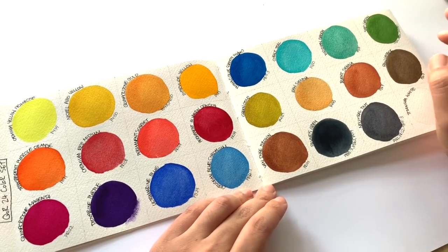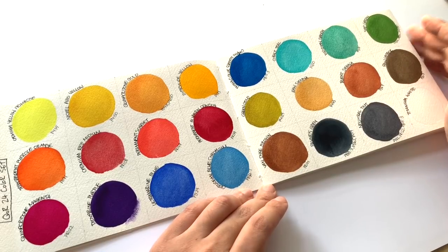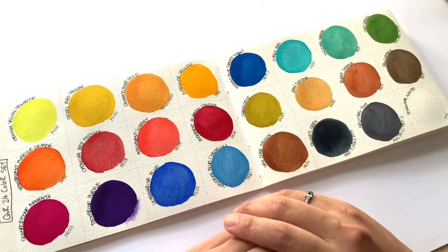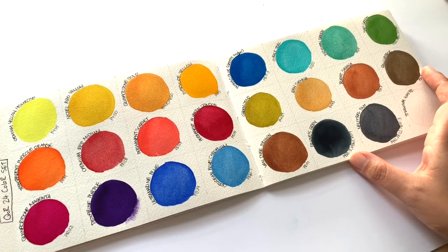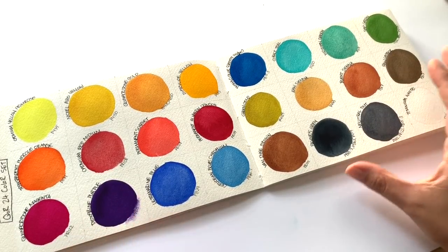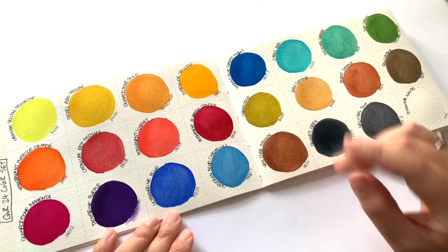Sometimes you can get these sets on deals, such as when Cass Arts do a 20% off. That is the time to get these sets. Don't pay full price for these because they are so expensive, and they are not that much better or at all better than other brands that are not so expensive, such as Daniel Smith and Schmincke and Holbein. Yes, QoR paints are brilliant and they are fantastic, but only get it if you can afford it. Don't force yourself to stretch to QoR thinking that you're going to get a superior experience. You won't. This is at the same level as all those higher end brands that are a little bit less